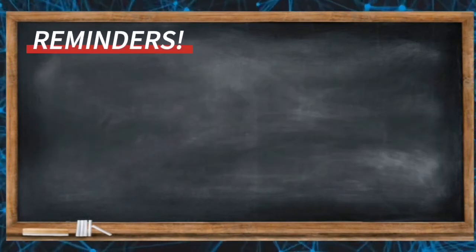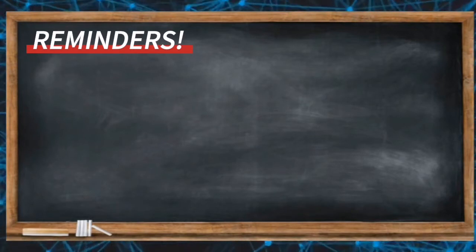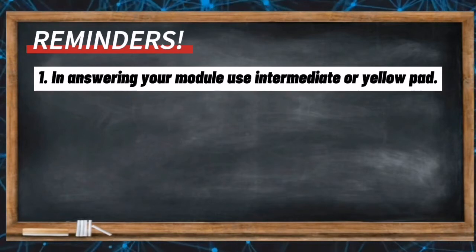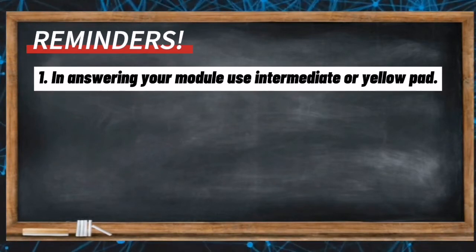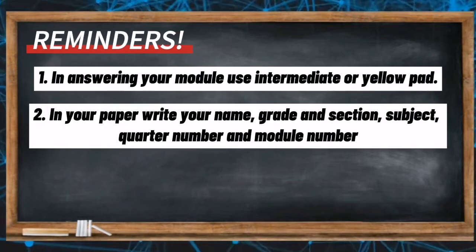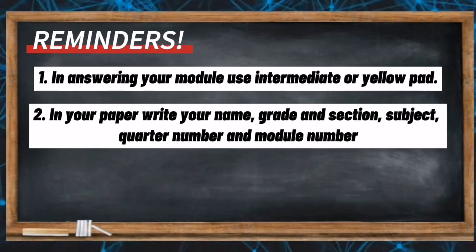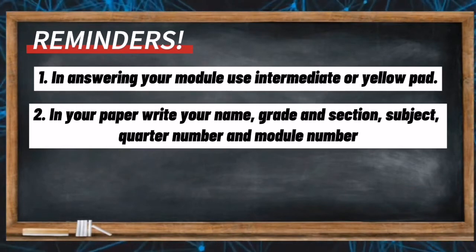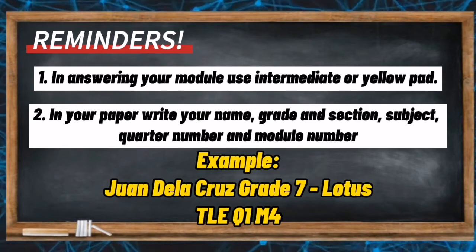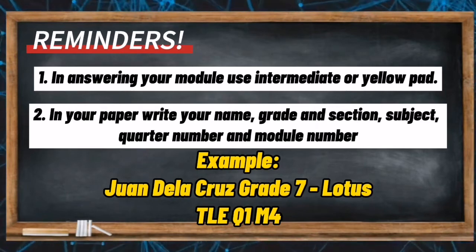Before we proceed to our lessons, I have here some reminders. Number 1. In answering your module, use intermediate or yellow pad. In your paper, write your name, grade and section, subject, quarter number, and your module number. Example, Juan de la Cruz, grade 7 Lotus, TLE, quarter 1, module